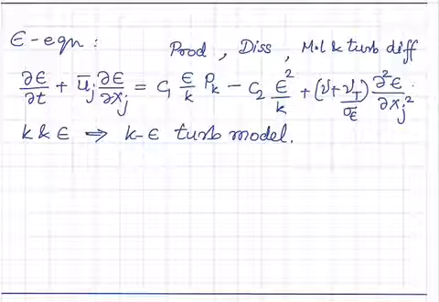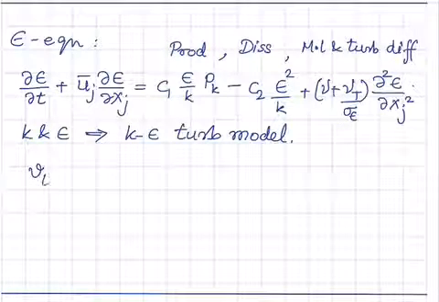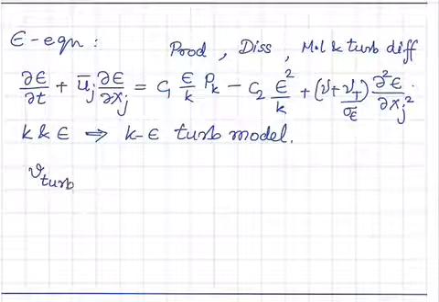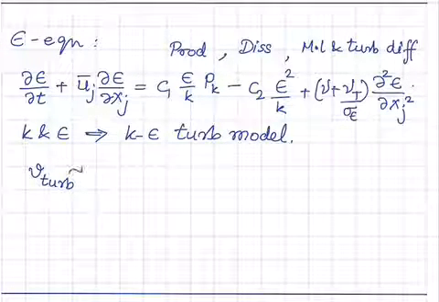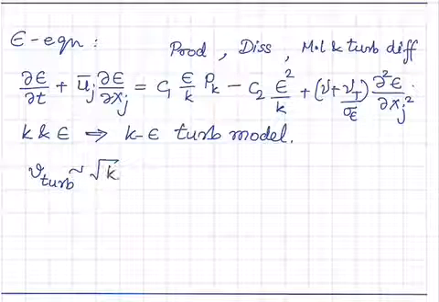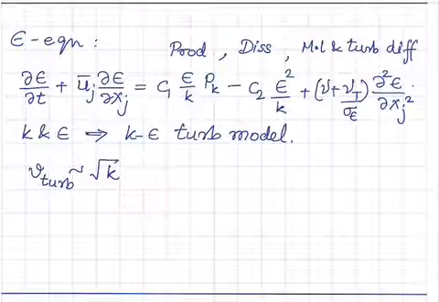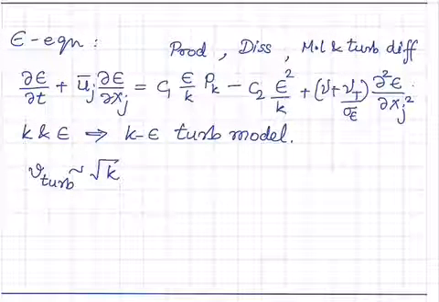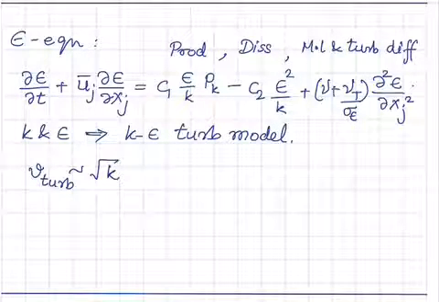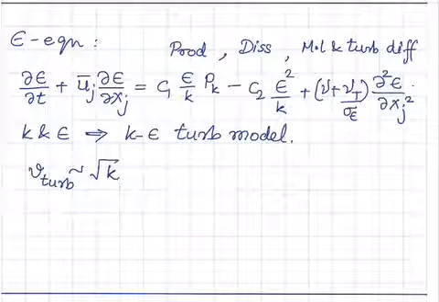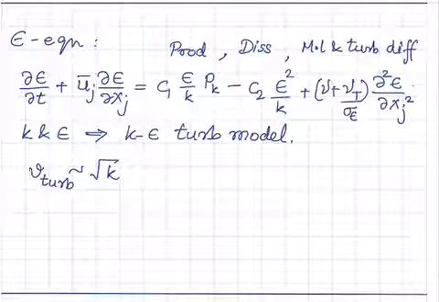Now, how do we use k and epsilon? We have seen the flavor of this before. We said the velocity scale of the turbulent motion, turbulent eddies, and the mixing happening in turbulence, is proportional to the square root of k, because k is the turbulent kinetic energy because of velocity fluctuations, and it gives you an estimate of how large the velocity fluctuations are. Dimensionally, it has to be a square root to get the correct velocity scale,